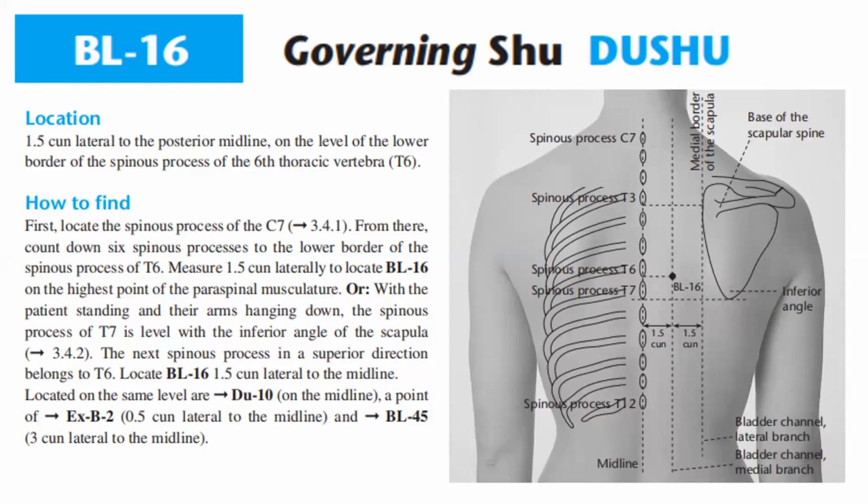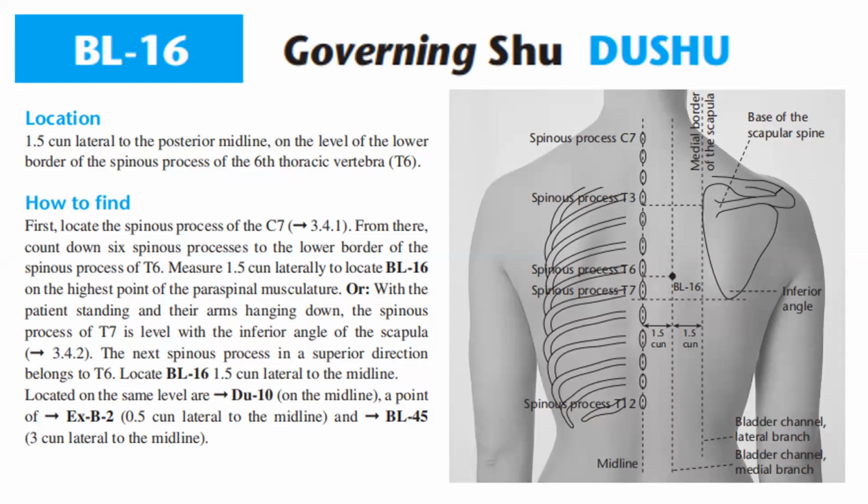How to find it? First, locate the spinous process of C7. From there, count down 6 spinous processes to the lower border of the spinous process of T6. Measure 1.5 tune lateral to locate bladder 16 on the highest point of the paraspinal musculature, or with the patient